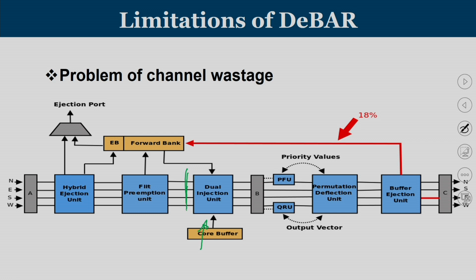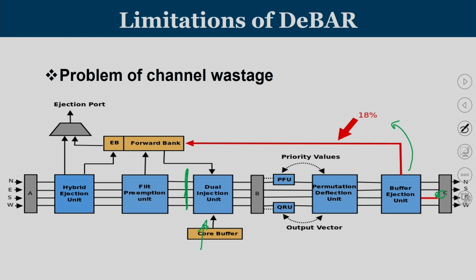So, when there was a flit that is waiting to enter into the router pipeline, it was denied permission due to the fact that all the channels were having valid flits. But it so happened that after the port allocation stage, one of the flits got a non-productive port and that flit was moved out from the side buffer, essentially leading to one of the output ports going idle. This scenario is called channel wastage.